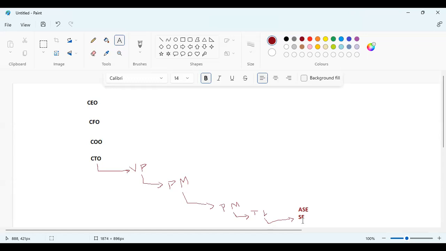Suppose the associate software engineer creates a record, it will be visible to the team leader. So you go to the team leader user, log in as a team leader user, and see whether the record you create is visible to the associate software engineer or not. That's the scenario. Usually by default it is visible,